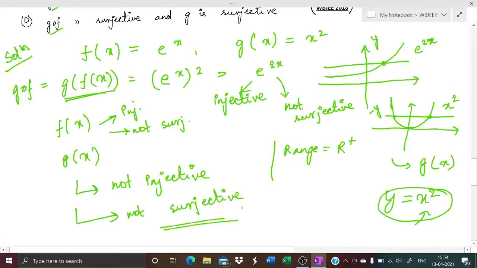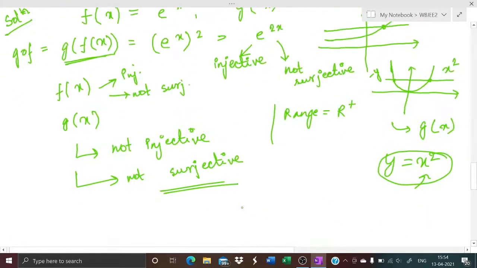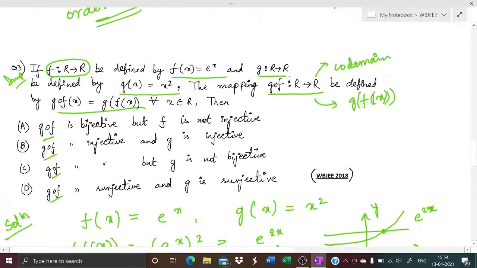Okay, now this is the entire thing we have deduced. Now we will see the options. So you can easily work out. Okay, you can easily choose from them. So what is the first option? It is saying that g of f is bijective, but f is not injective, which is false because